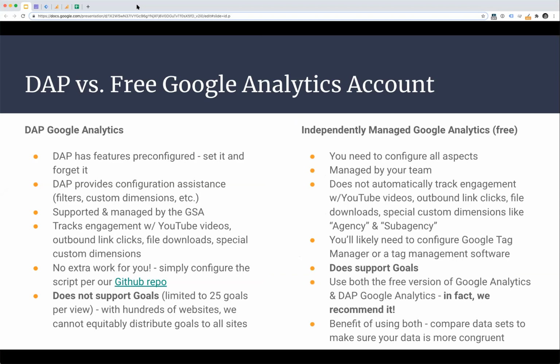So for DAP Google Analytics, this is the program out of the GSA. DAP has features pre-configured. So you can think about it this way. If you implement using our best practices from the GitHub repo, you can essentially set it and forget it. DAP provides configuration assistance with filters, custom dimensions, QA, and